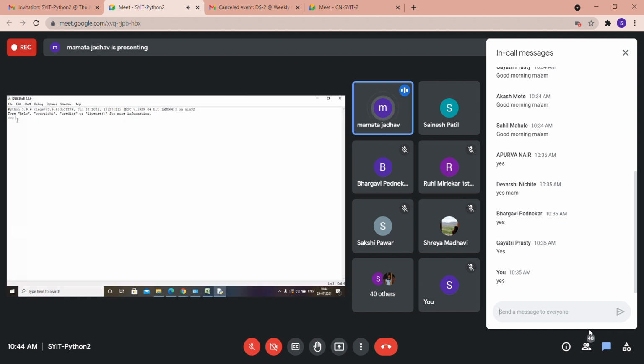Okay, this is prompt. If I'm printing SYIT 2, as soon as my statement is completed and I am hitting enter, immediately I am getting the output. If I am typing 1 plus 1, immediately I am getting the result. Okay, this is interactive mode.